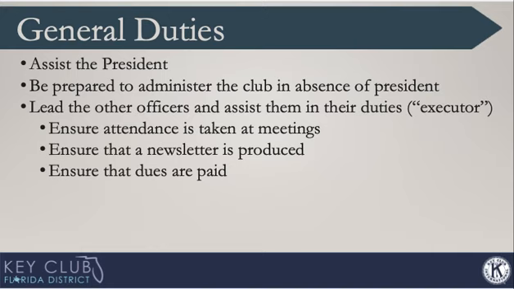And this bullet point I especially wanted to elaborate on because your Lieutenant Governor sends out a monthly electronic bulletin, otherwise known as MEBs, that are vital in communication. They list out the events going on within the division for that month. They update you on district affairs and international affairs, and this is super important to distribute to your club and to your board, and to your advisors. So make sure that everyone is aware of that. And also ensure that dues are paid. Work with the treasurer about that.